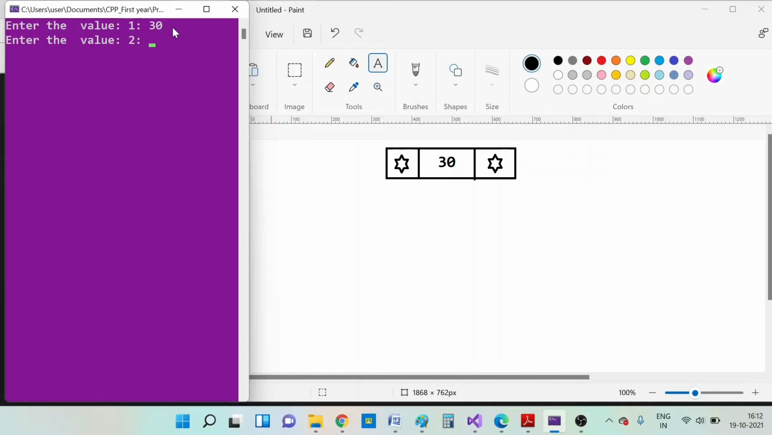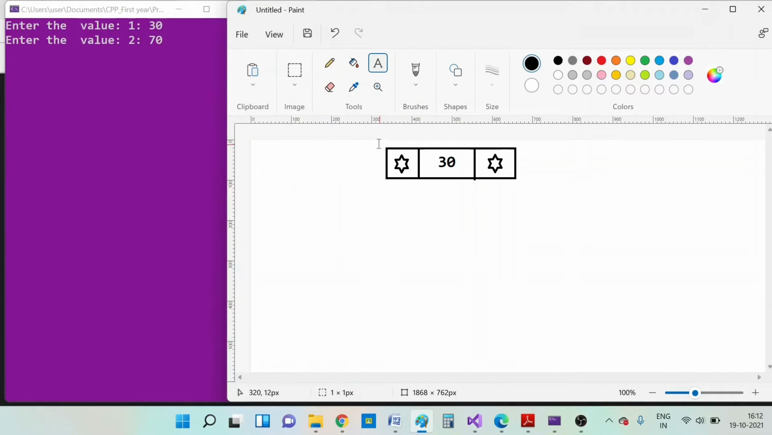Now the second value I am entering is 70. What will happen now is that, as we saw in the program, 70 will be compared with 30, and since 70 is greater than 30, it will continue the recursive call. It will make a recursive call by passing the f-link pointer, which means this particular address will be passed to the recursive call. And as a result of that, a new node will be created,